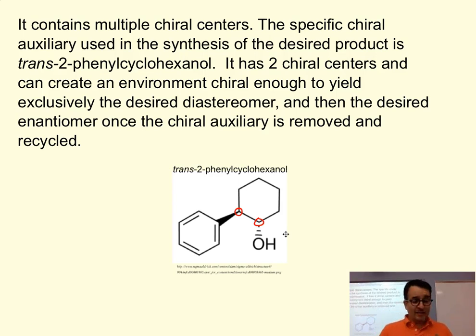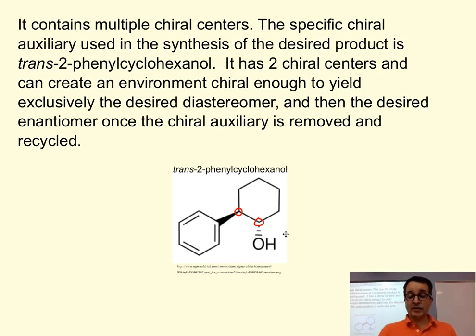Because of the shape of those chiral centers, it blocks one of the sites and makes exclusively one enantiomer when we react it, and therefore allows us to synthesize in much greater yields, in greater purity, and